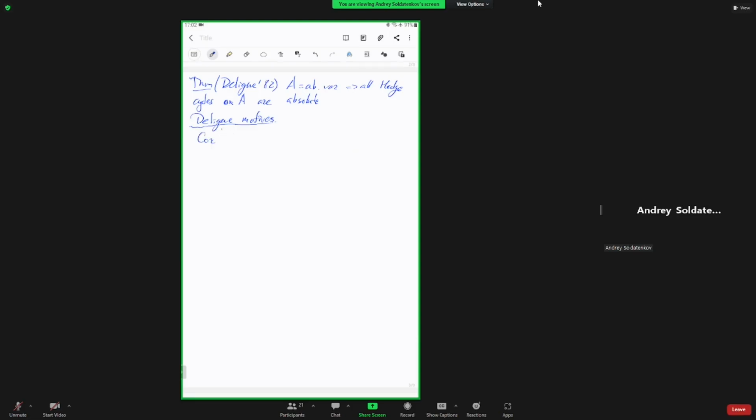So the space of correspondences of degree d from X to Y, where X and Y are smooth projective varieties over C, is just the space of absolute Hodge cycles of degree twice the dimension of X plus d on the product X times Y. So you can think of them as the graphs of maps,